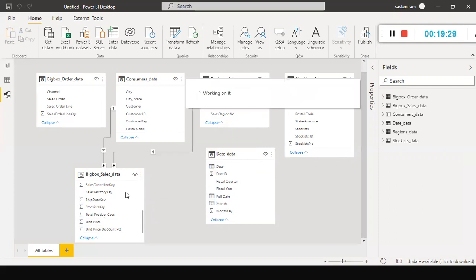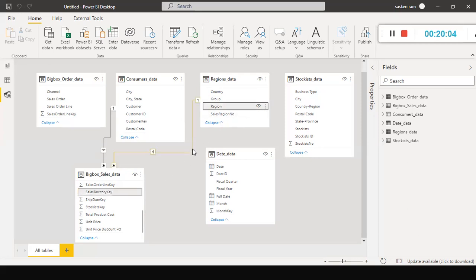It will have only the key in it, like employee ID, right? So this is the key. But with the key itself, you cannot make out the region name. In order to find out the region name, you need to create a link between these two tables using the common column between them. In this case, the sales territory key is there, but the territory key column name is not there here. But still, since I know the business very well, the region column holds the territory key. Hence, I created the relationship between these two tables.